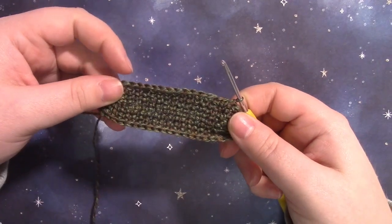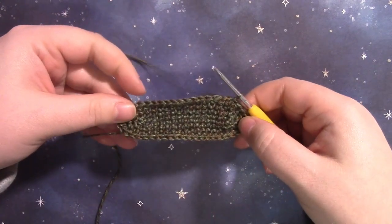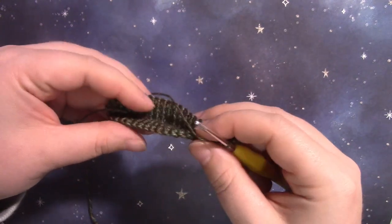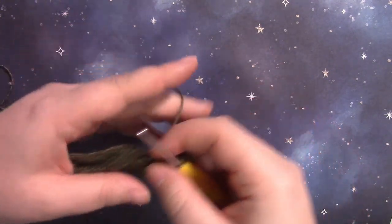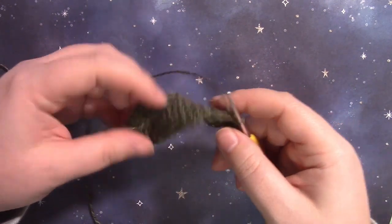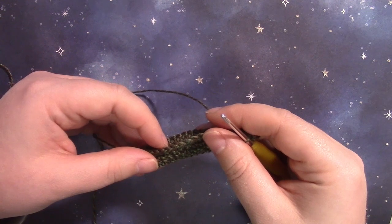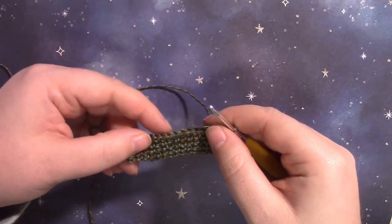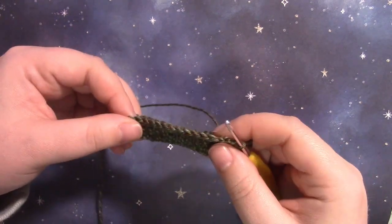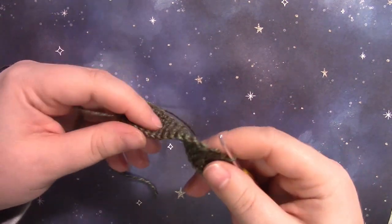I ended up doing 4 total rows from the beginning before I decided I was at the point that I wanted. So you should still have kind of an oval shape like this. And from here on out, you're just going to work plain stitches to build up the height of your bag. This is where, if you want to, you can get really creative with the process. I'm going to stick to just single crochet for the purposes of this video, but you could add in some textured stitches, some fun bobble stitches, I think crocodile stitch would look really cool to make it look like dragon scales, but that's going to depend on the number of total stitches you ended up with. For me, I'm just going to single crochet in the round until the bag is the desired